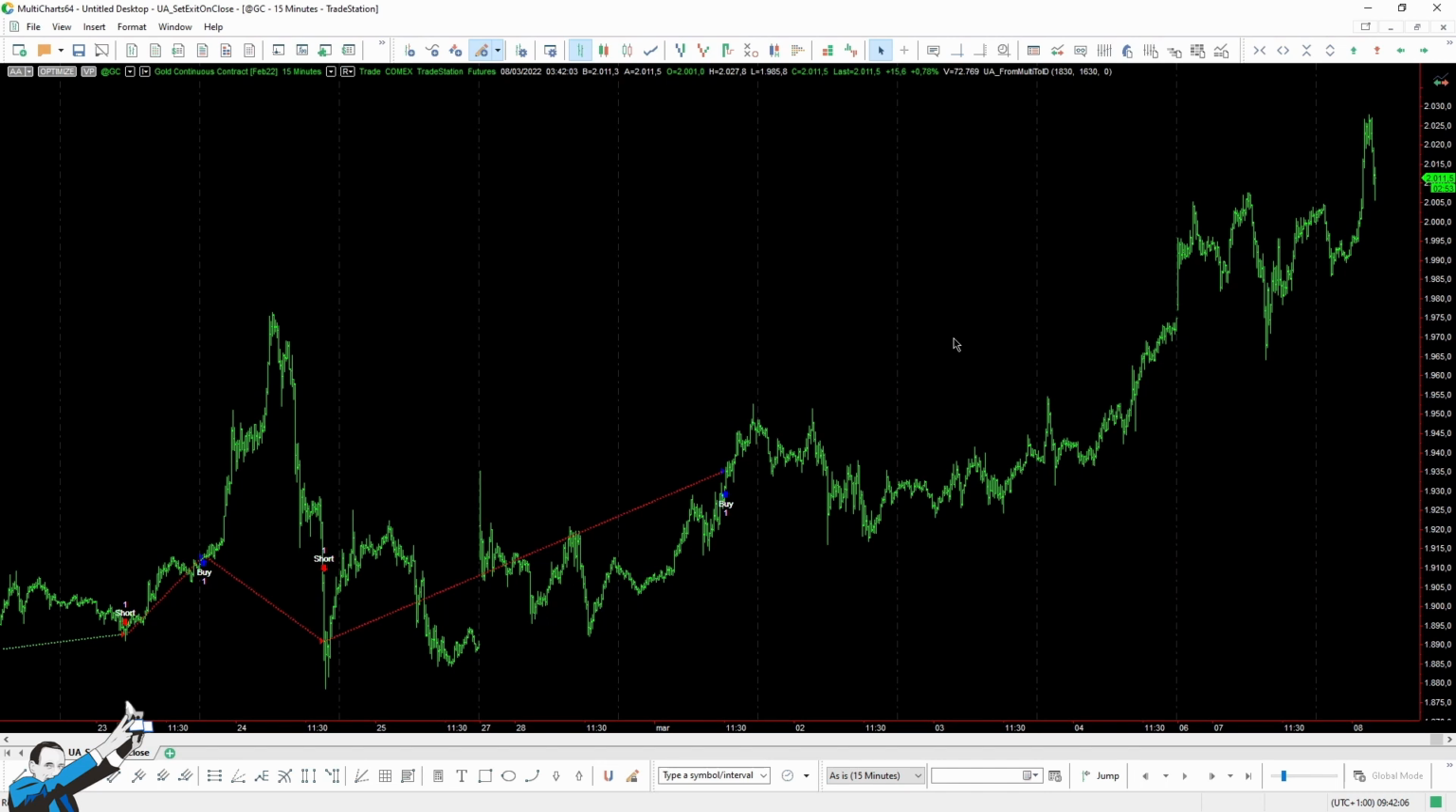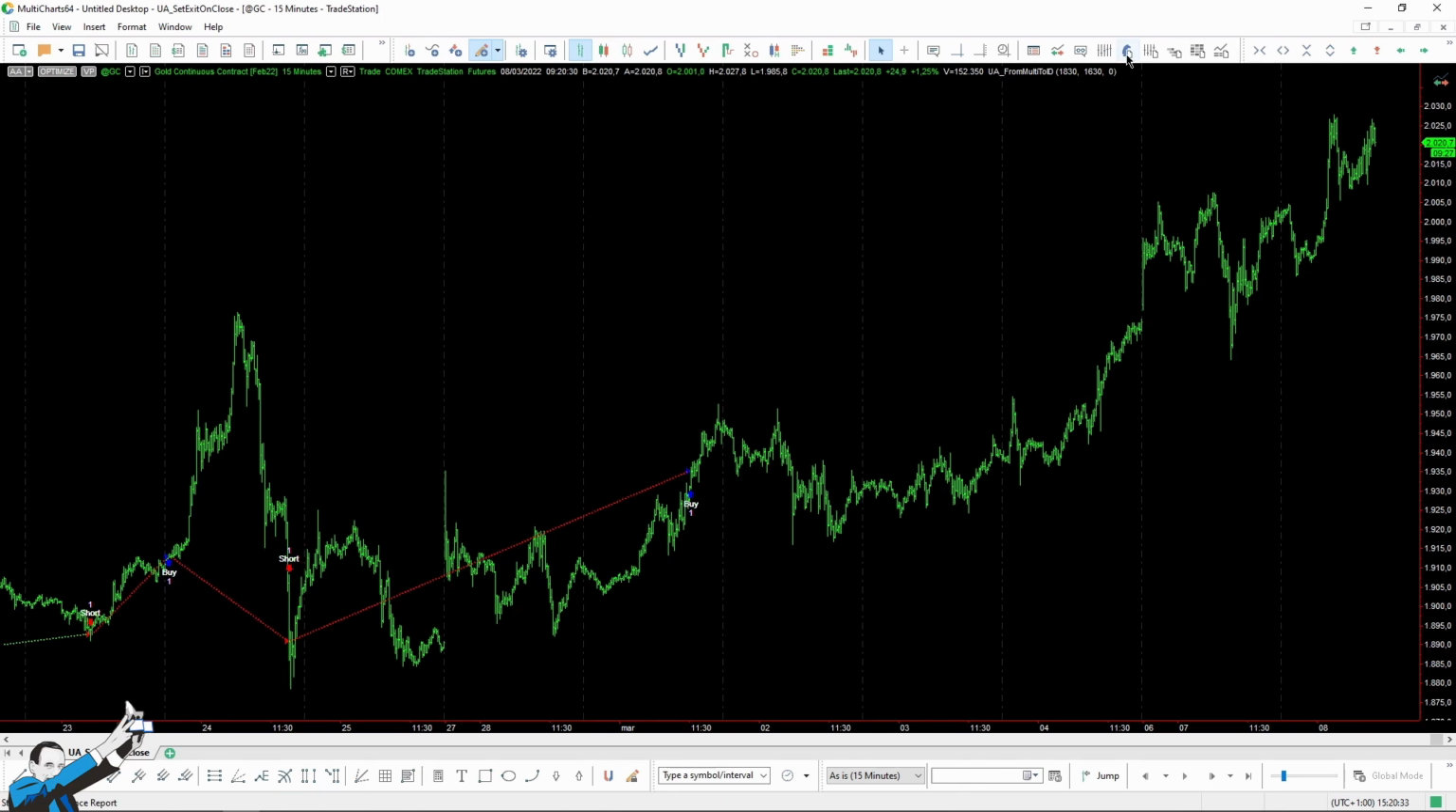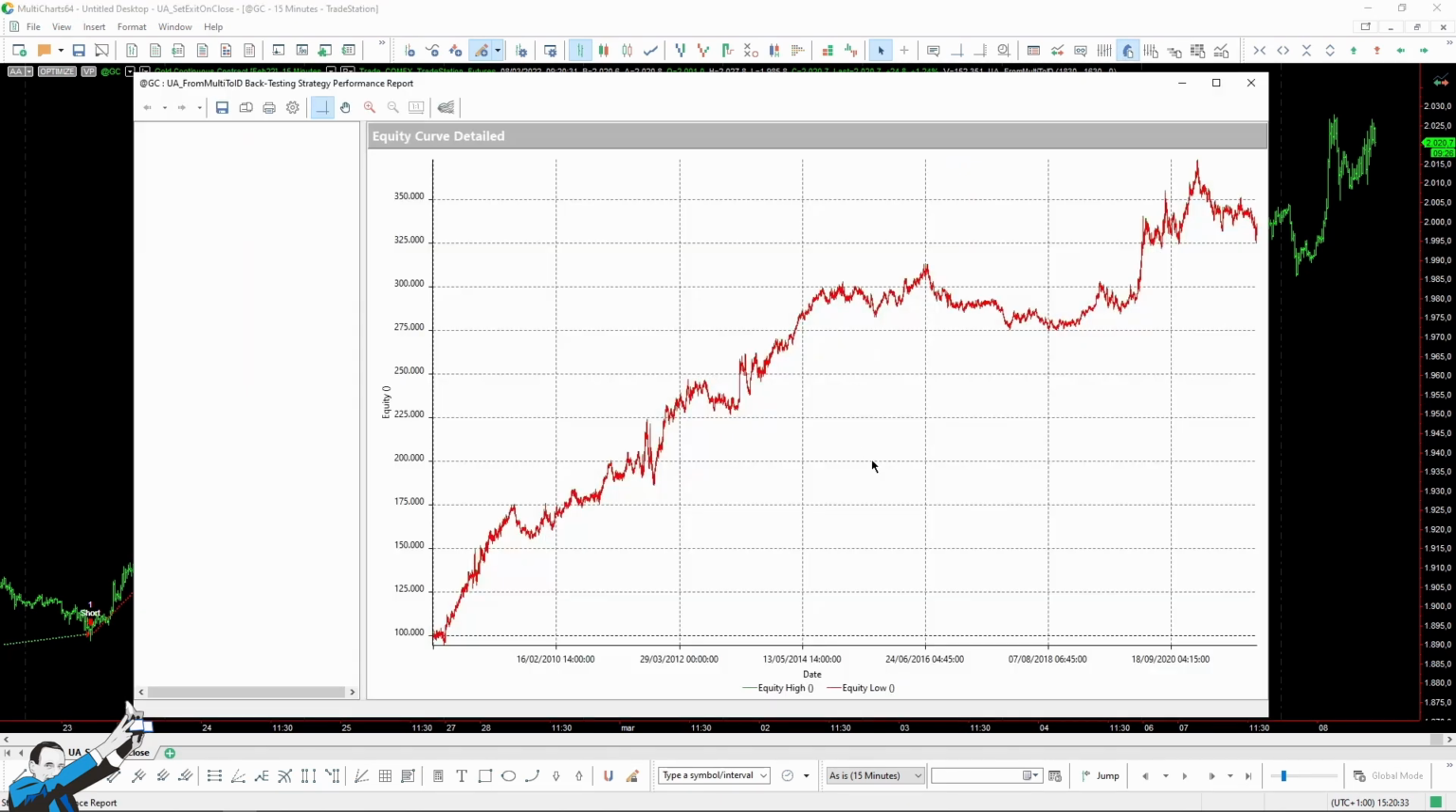Let's go back to MultiCharts, where you can see that I've uploaded the gold data at 15 minutes and I've inserted our strategy, changing from multi-day to intraday. Now let's take a quick look at the equity line of the multi-day strategy. As you can see, this is it. The very first few years of backtest, namely a backtest that starts from 2008 and lasts until today,